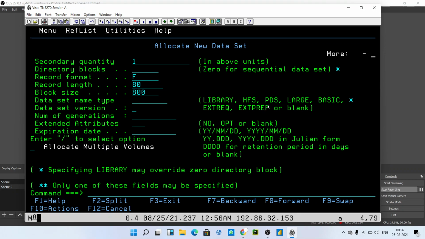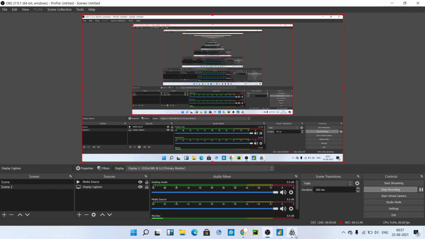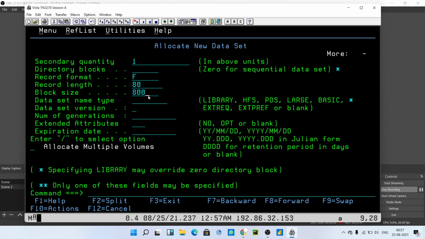These are the rest of the parameters. If you are interested you can give them here, but as it is my first video, I am not going to give these parameters. I am just simply clicking here and pressing enter.